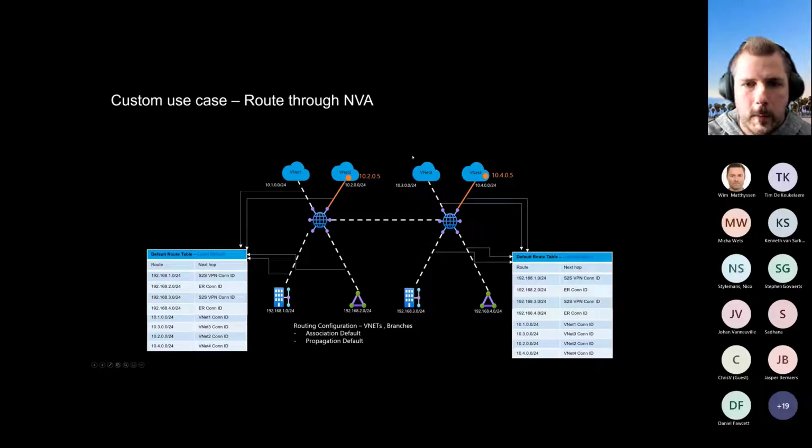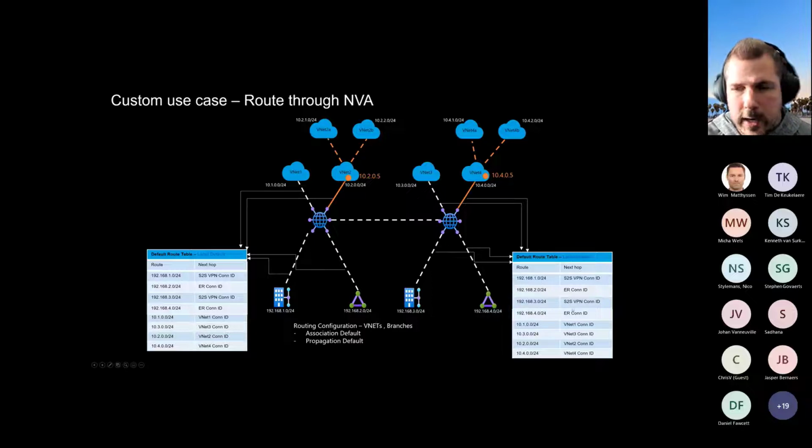Now, typically what happens in these scenarios is I have a load balancer, or now the network load balancer fronting a HA pair of network virtual appliance firewalls. So my default route tables will still get their standard connection IDs for both regions. However, what I will do from a VNet 2 and a VNet 4 perspective is add in a static route for those specific private IPs that are fronted by the load balancer. So in our case, we have 10.2.0.5 and